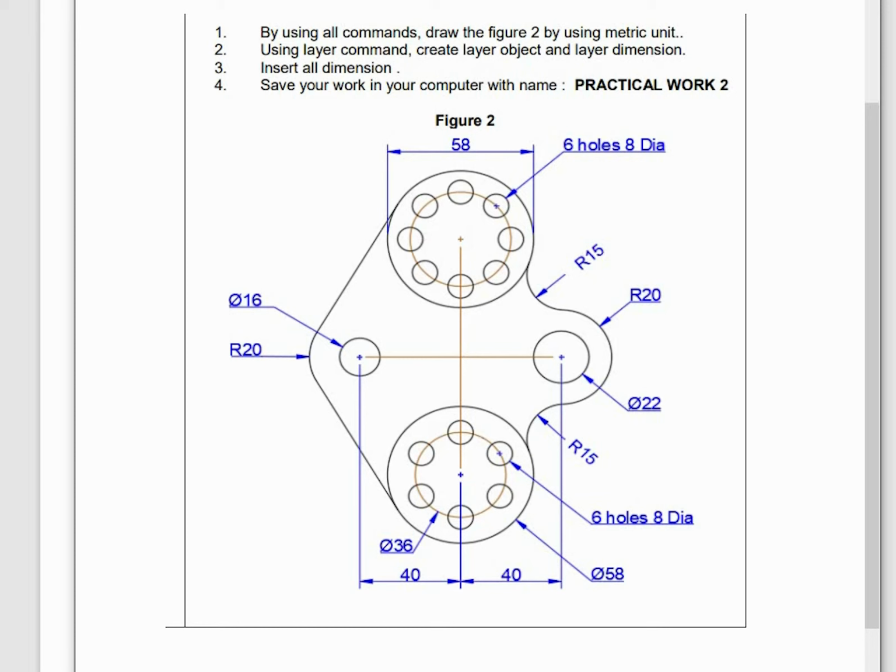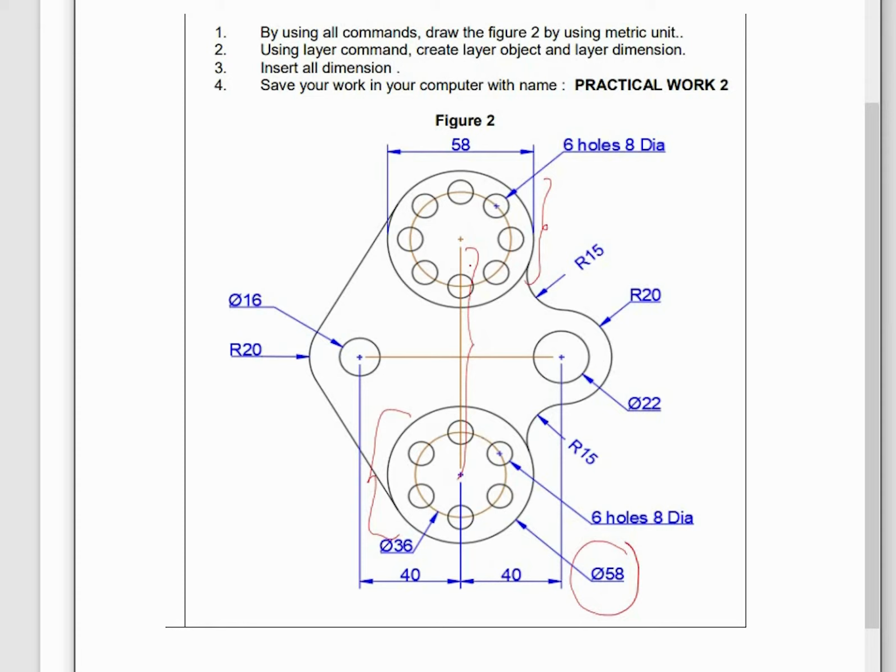The first thing, if you want to draw this object, you have to know the distance of this line. So how to know the distance? You may refer to the diameter of this circle and also the diameter of the second circle. Given here, the diameter of the second circle is 58,